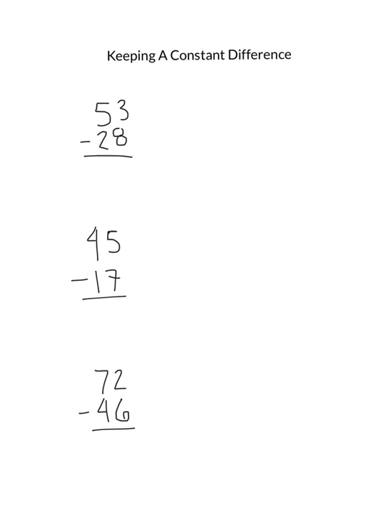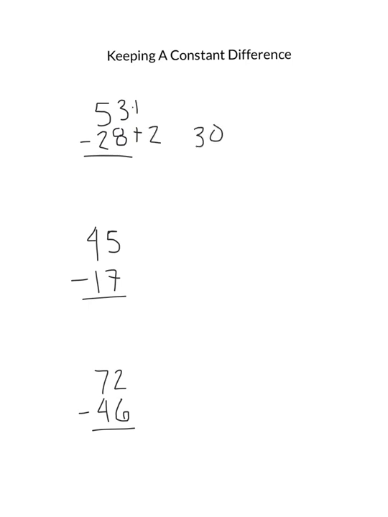We're going to look at the strategy keeping a constant difference. And remember, the only reason we use the strategy is because we want to make the numbers hopefully a little friendlier to work with. So we look at the whole, which is 53. We look at the part, which is 28. We say, okay, can we make the part a friendlier number? So we like to make it into parts of 10. So if we make 28 plus 2, that gives us